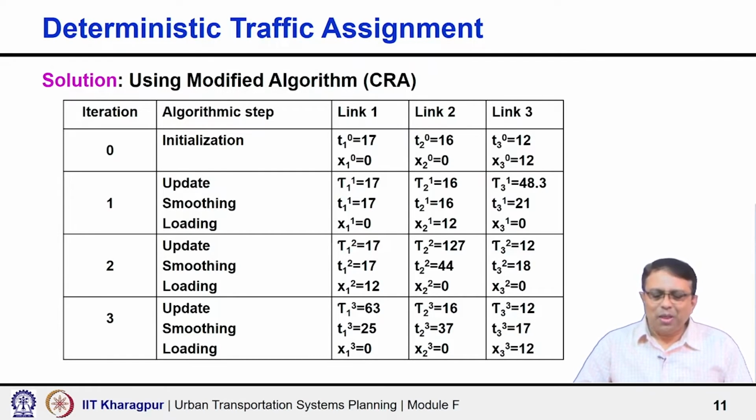What we will do? 16, the previous iteration time, into 0.75 plus 0.25 into 127. Similarly, this